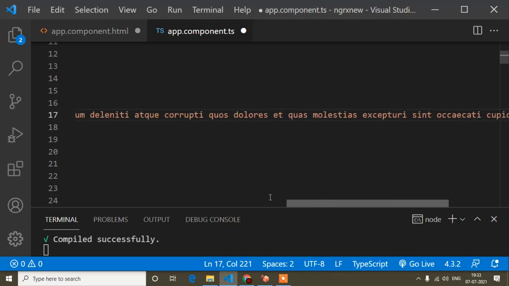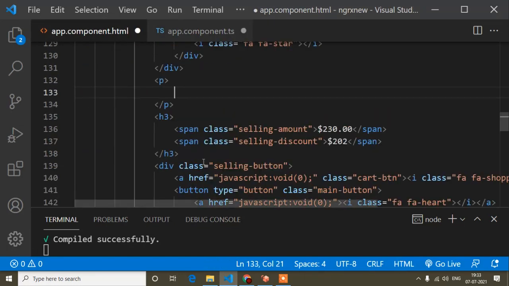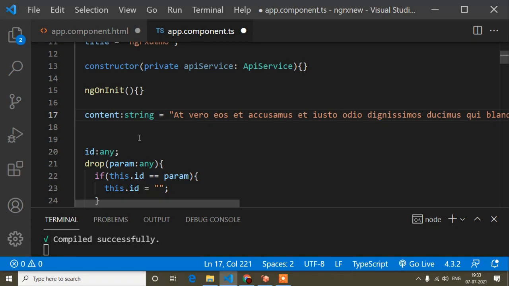So now the content which was previously in the HTML in static format is now dynamic. You can say it's dynamic, but actually dynamic means the content comes from an API. When it comes from an API, we receive it in our TS file in a variable, such as a string variable, array variable, or object variable. So suppose this content is coming from an API and I'm receiving it into this variable. Now I'm assuming this content is dynamic. So now I will bind this content variable.